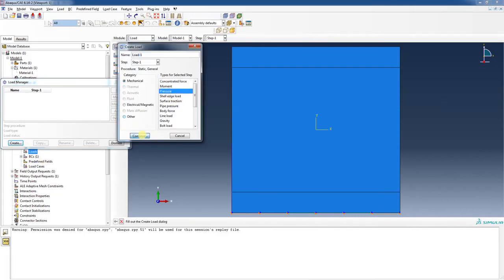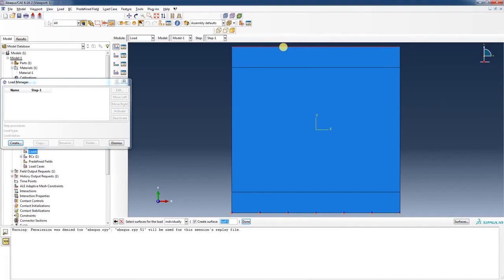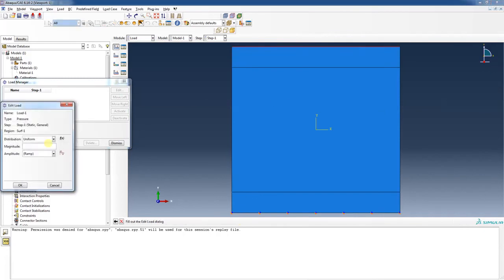A pressure load on the top and tension. I'm going to make it minus 90. Now if I went all the way up to minus 100, we get a lot of cracks all over the place depending on what the contours look like. It wouldn't be completely uniaxial tension because we have over-constrained the bottom, but we would have a lot of cracks, and I'm not so sure that's exactly what I want to illustrate right now. So I'm going to make this minus 90,